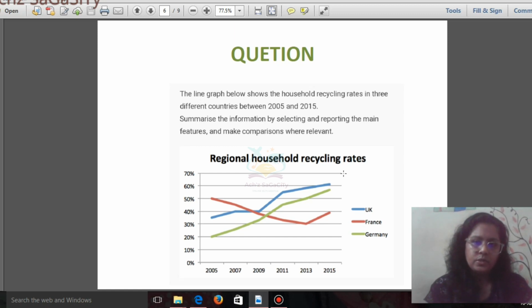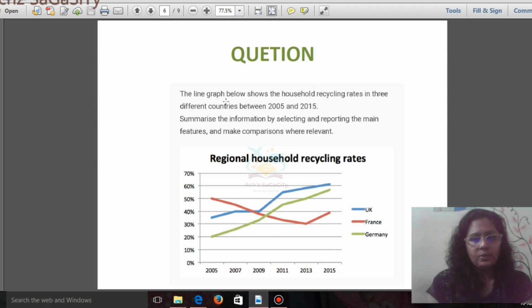And for the chart, you need to check for the exact heading, whether it shows any heading or whether it has some keys or not, what type of trend it shows. So these are all the things you want to check. And in this chart, you can see the vertical axis shows the percentage and the horizontal axis shows the years, and three different colors for three different countries, right? Okay, so all those things you can see at first. Now we will see how to write the answer for this question.